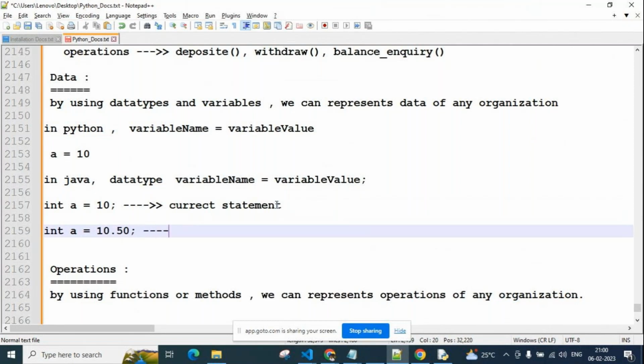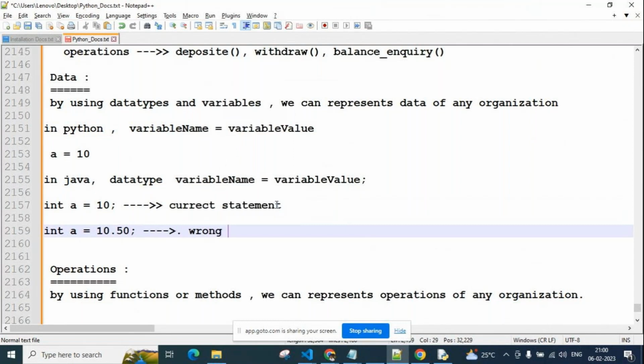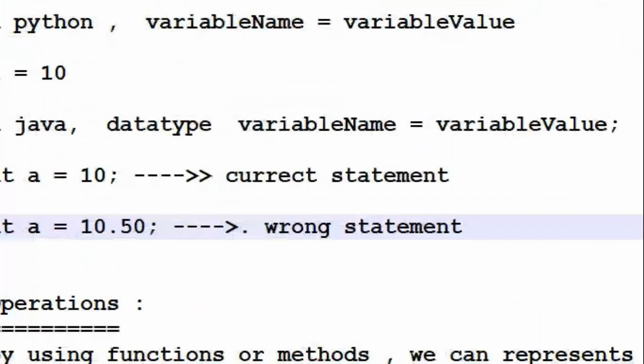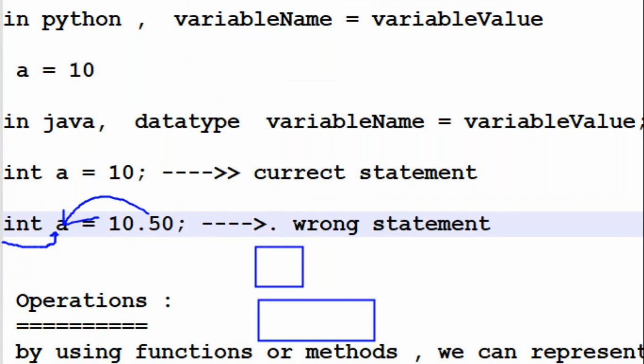So this is a wrong statement. Here an integer value is required in the variable a, but we gave a float type value. That's why we are getting a problem. For an integer, memory of this size is created. For float, memory of a larger bit size is required. So you are trying to store a float value in this memory, but this memory is not sufficient. That's why we are getting a problem.